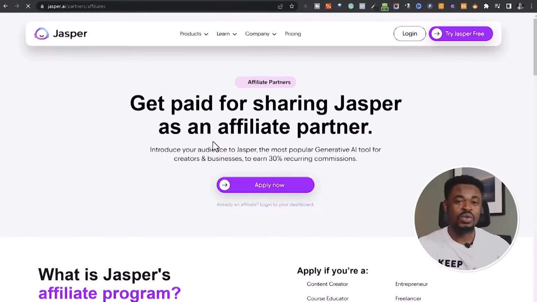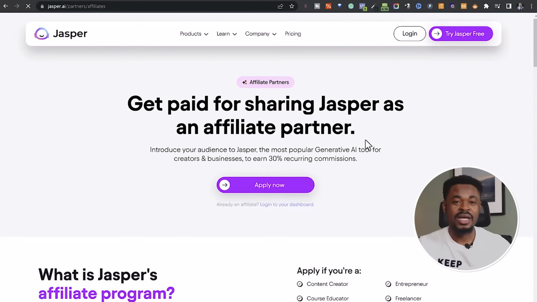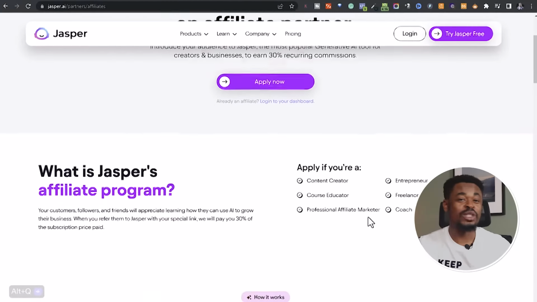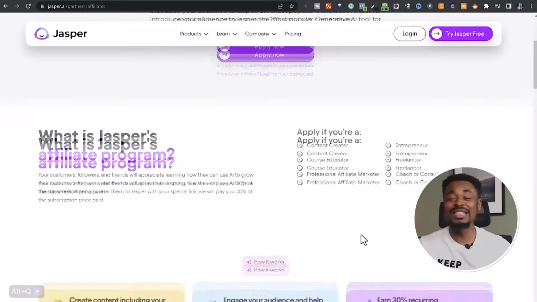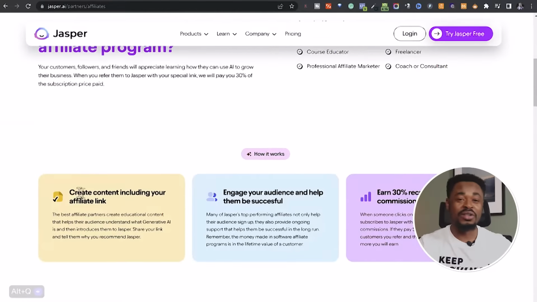So let's say we sign up for this affiliate program. We can see here that they pay 30% recurring commission for life. So they pay every month till all the people you referred unsubscribe, and we know that it's not going to happen. There is no way that everyone you referred is going to unsubscribe and stop using their product or service. So the payment is for life.